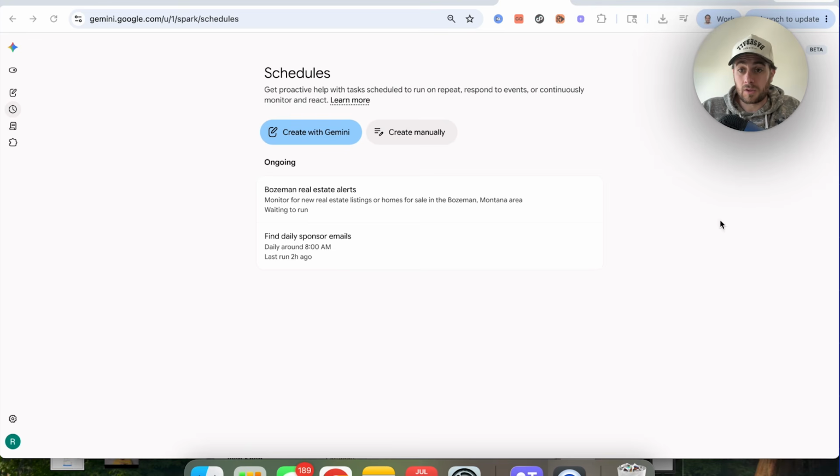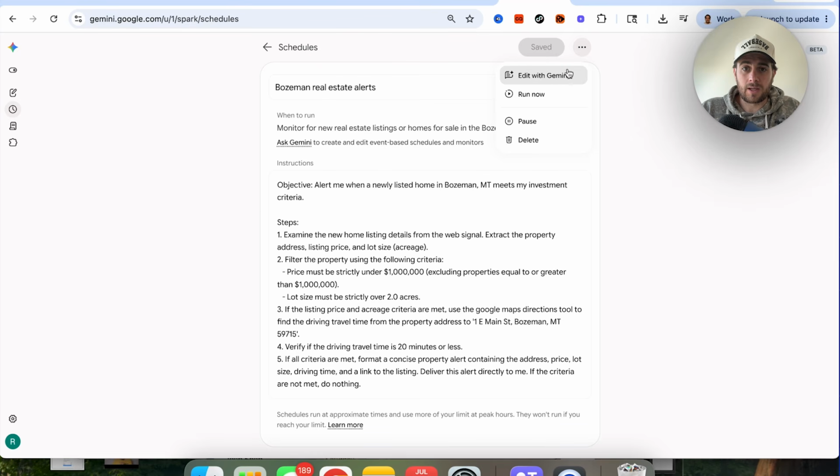that we want to add, and that's incredibly easy to do. Literally just as simple as us coming back over into our schedules right here, us clicking on this, coming over to edit with Gemini. We could get it to run now, we could get it to pause, we could get it to delete, and